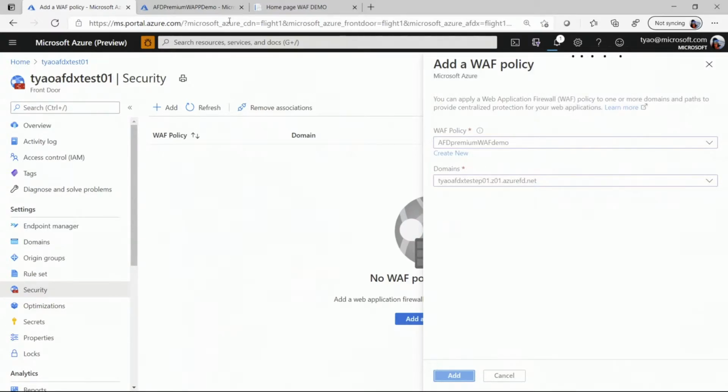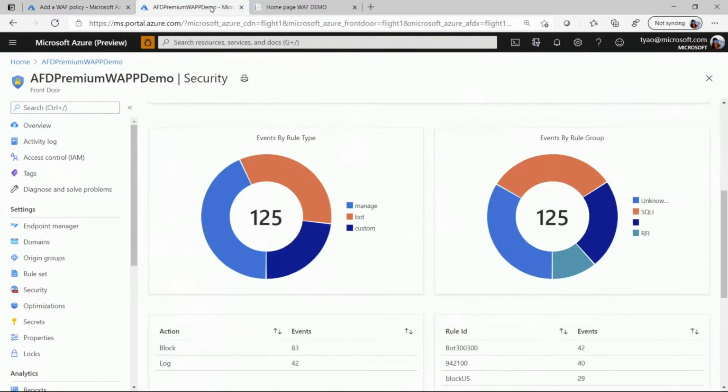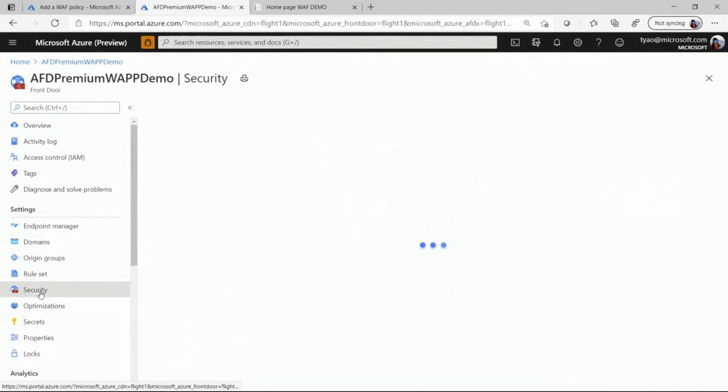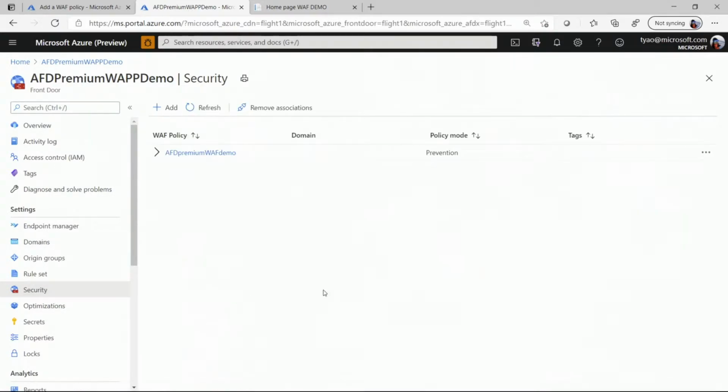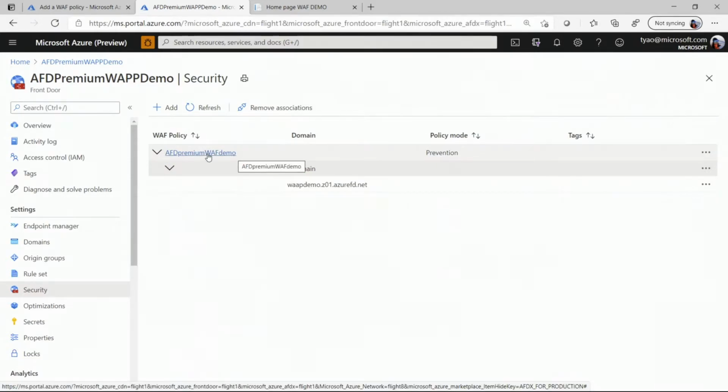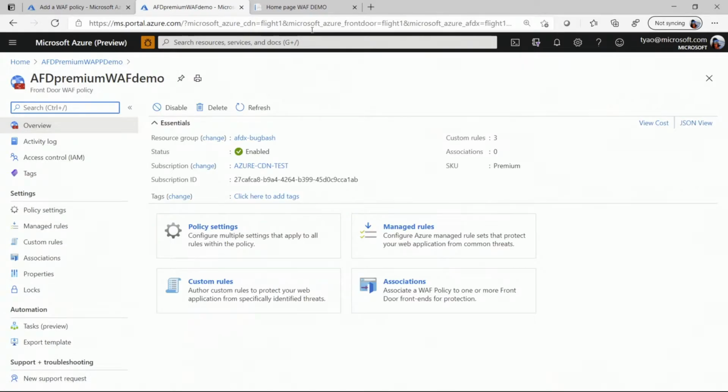So now I have one that's pre-configured. This is going to take a few minutes for the configuration to be deployed to all locations globally. So now I have one that I already linked. So here I go back to security policy. Here you can see this lists you a domain and the WAF policy name here. So now let's say we want to see what this policy is about. So I can click, and it will link me to WAF policy configuration.